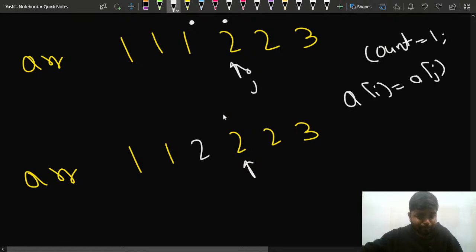Next up, what will happen? My j also moves. So my j moves to this particular point. Now what happens is,